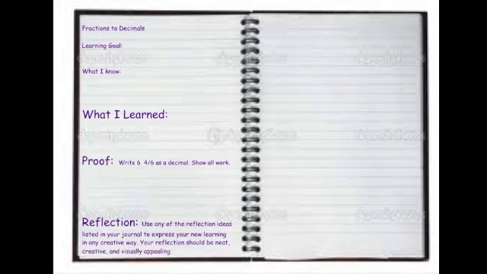For your proof today, you are going to write 6 4/6 as a decimal. Please show all your work, especially your long division, so we can follow your process and make sure that you're doing everything correctly and that you're understanding these